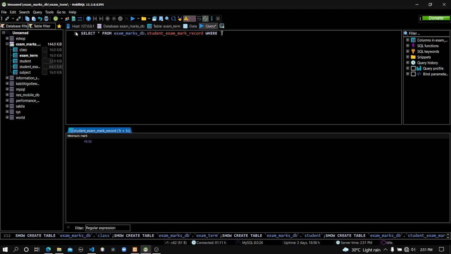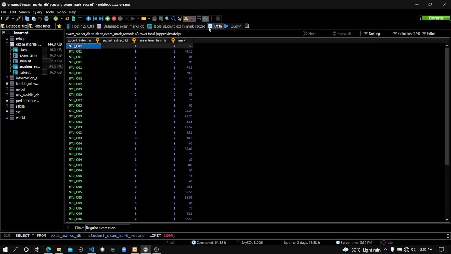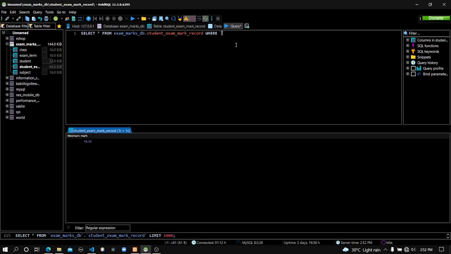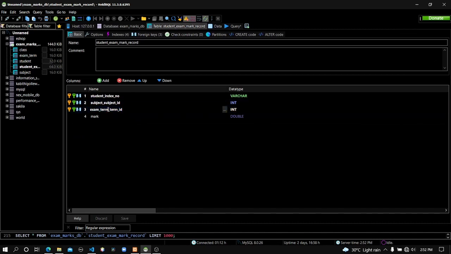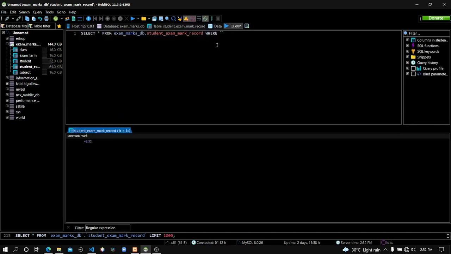In the student exam mark record, the attribute called, let me go to the table, the attribute called exam term id. Exam term id, let me copy the attribute name. Exam term id should be equal to